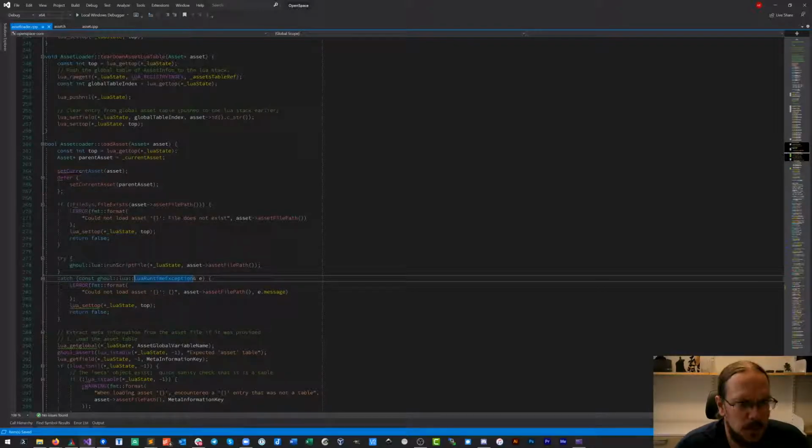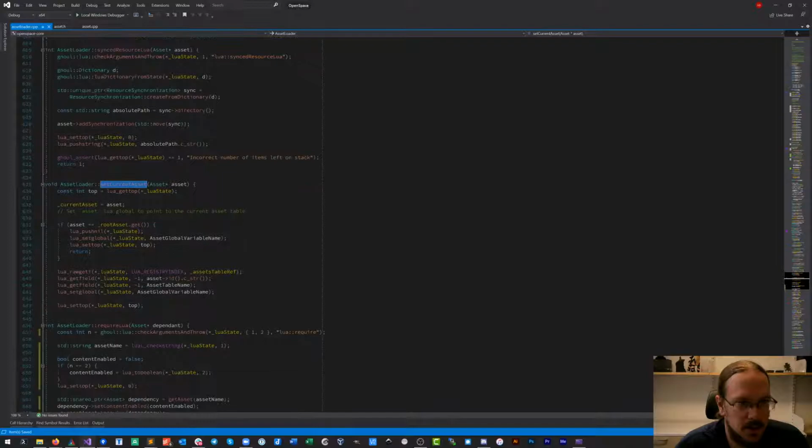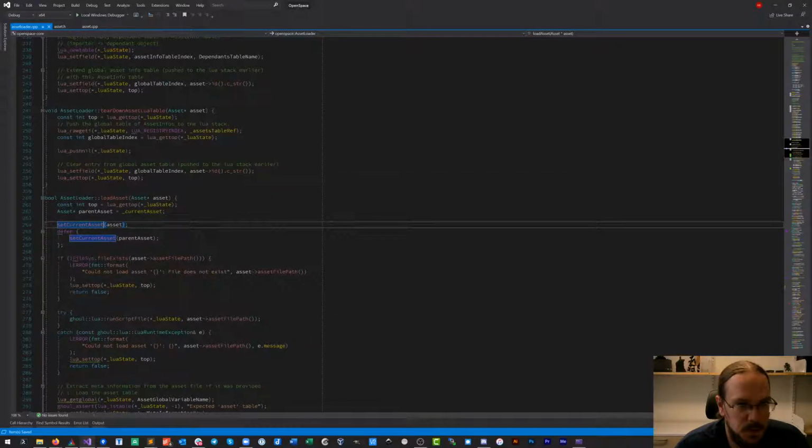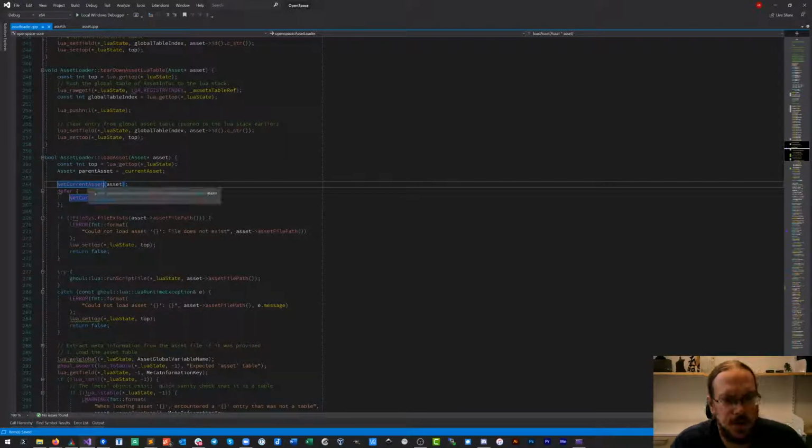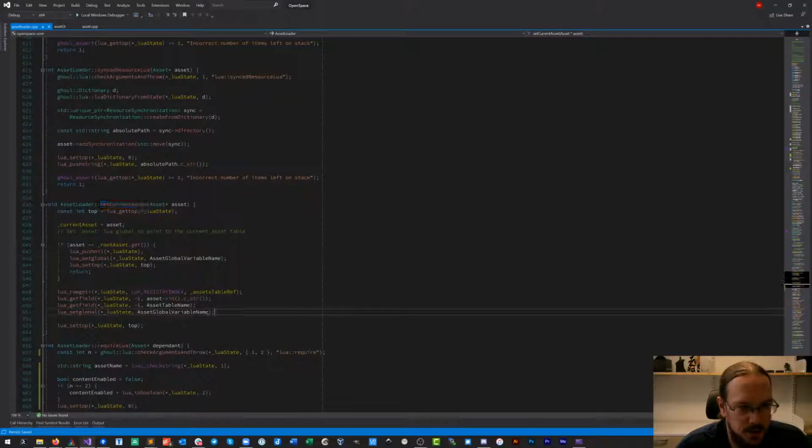I think this is all being set in the set current asset, if I'm not terribly mistaken. I might be mistaken on this, but we'll see how that goes. Let's just make a quick trick and see if that works.